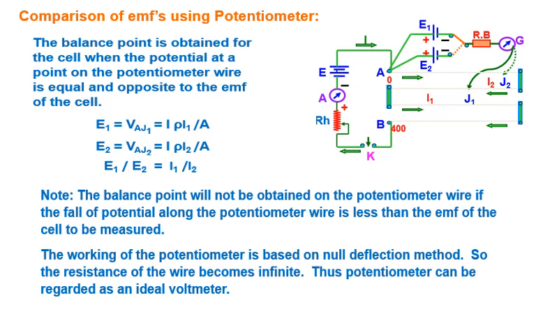If one of the two cells is a standard cell of known EMF, then the EMF of the other cell can be determined. And in order to get the null point on the potentiometer wire, it is necessary that EMF E of the auxiliary circuit battery must be greater than both E1 and